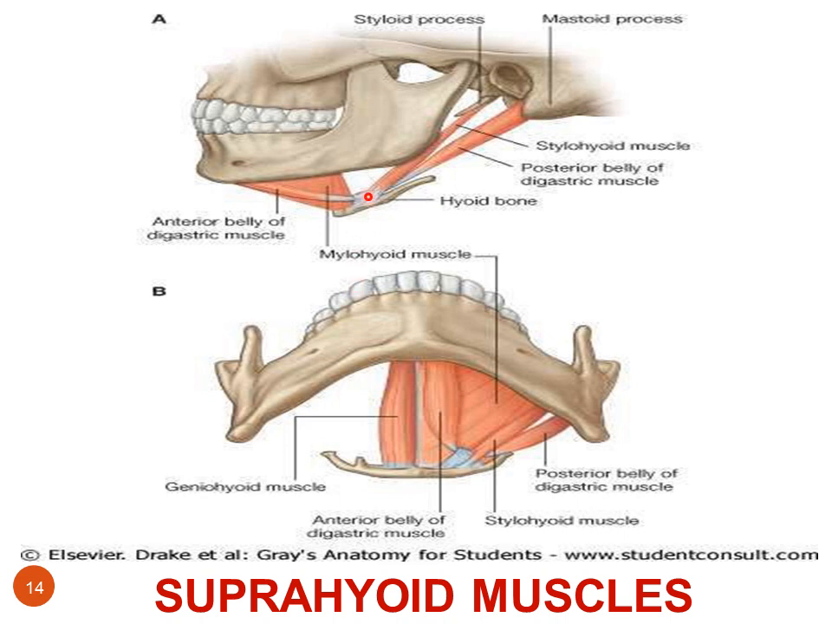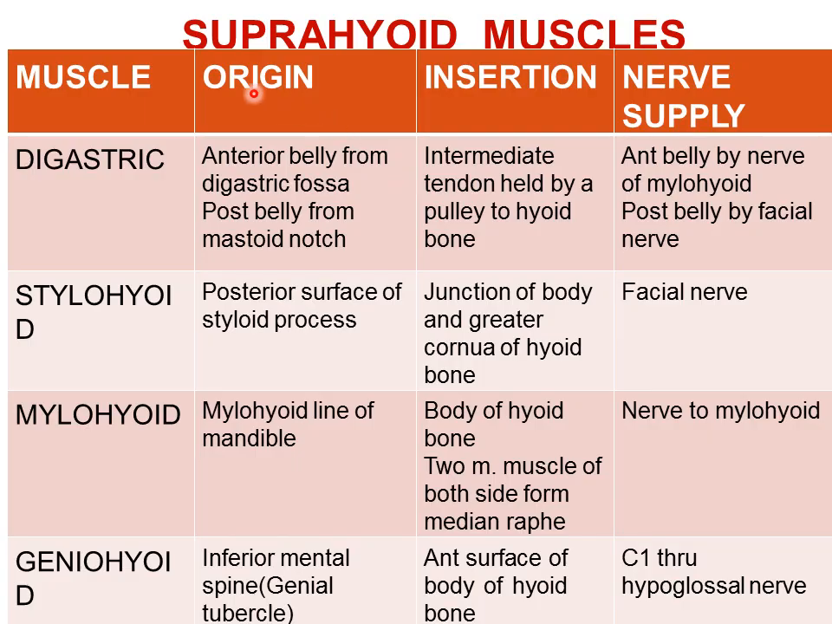Before going into the subdivisions of the anterior triangle, let us look at the suprahyoid muscles. Suprahyoid muscles are nothing but muscles which lie above the hyoid bone. So we shall see the list of suprahyoid muscles. We have digastric, stylohyoid, mylohyoid, geniohyoid. Digastric: